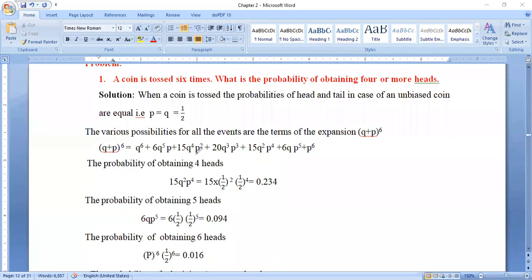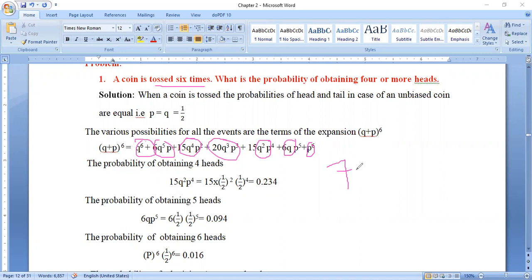See, in this given problem, how many coins are tossed? 6 coins are tossed. But the terms are: number 1, number 2, number 3, number 4, number 5, number 6, and number 7. This is important. How many terms are there? There are 7 terms. n is equal to 6, but the terms are 7. Terms indicate 7 steps here. That is the important thing you have to keep in your mind.